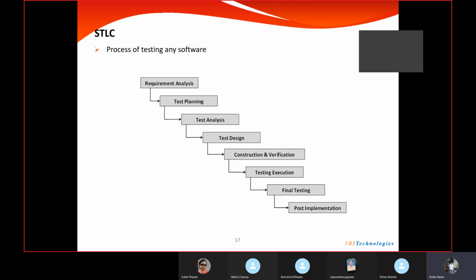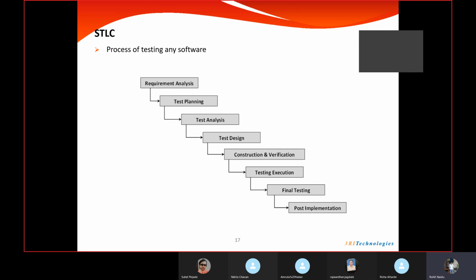Okay, so let's say I have developed the application. Now I need to check whether it is working in Google Chrome, if it is working in Internet Explorer, if it is working in Edge, in all the browsers. I want to test that the application is working fine in all the browsers. So this is also something kind of non-functional testing, because we are not testing a functionality of the application, but we are testing whether the application is compatible with different browsers. So this is called compatibility testing, right?